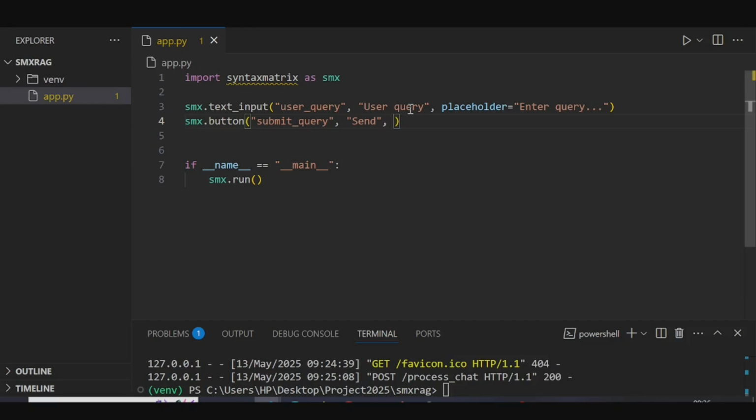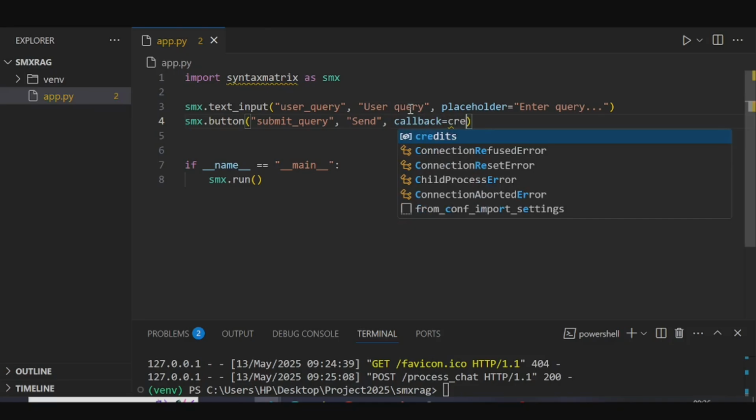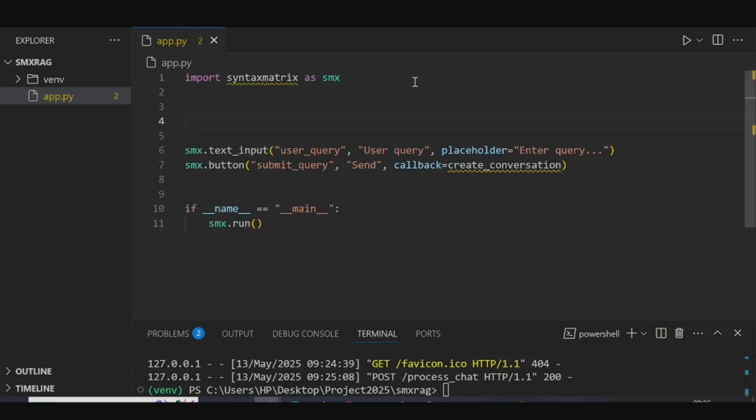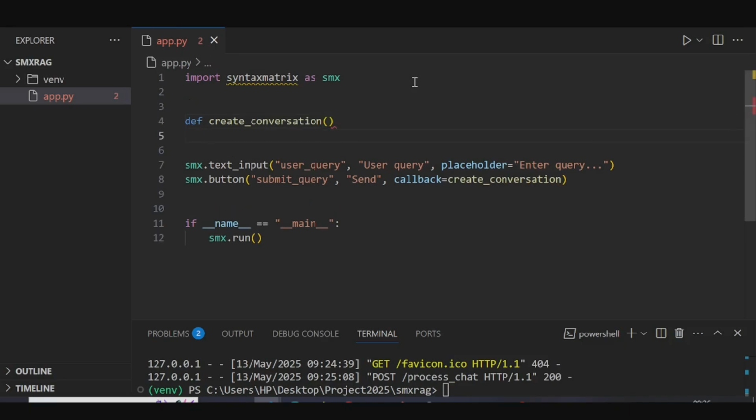And then a callback function, which we're going to call create conversation. We don't have it yet, so let's create that function here. So let's go in here and say def create conversation, and then for the moment let's say